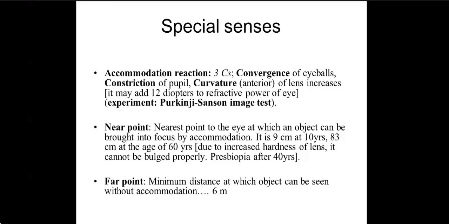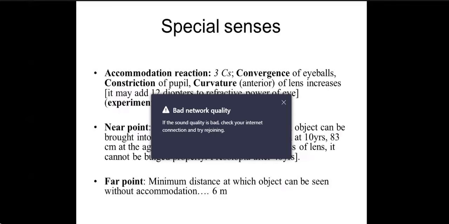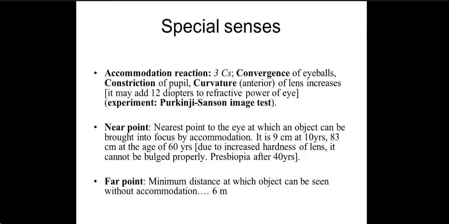Young people can read keeping it very close, because the lens can bulge and accommodate, so from maybe 10 centimeters distance we can read. But when we are adult we cannot read from 10 centimeters. From 15 or 18 centimeter distance we can read